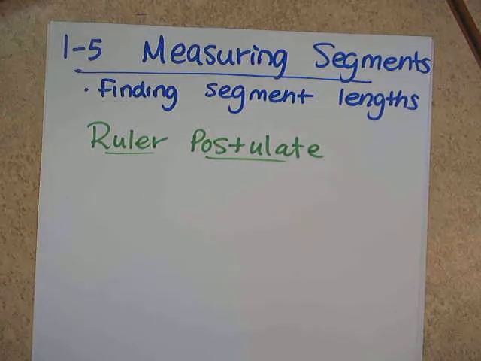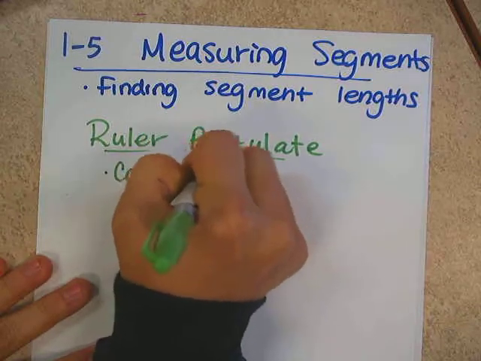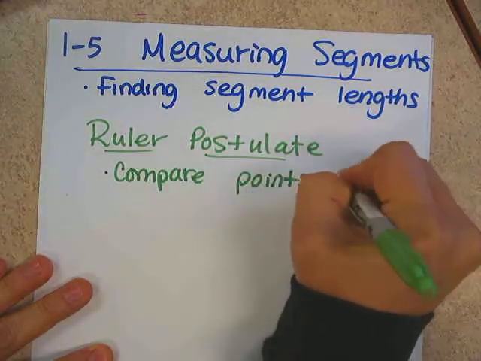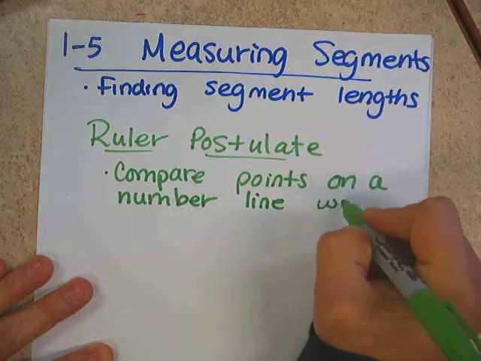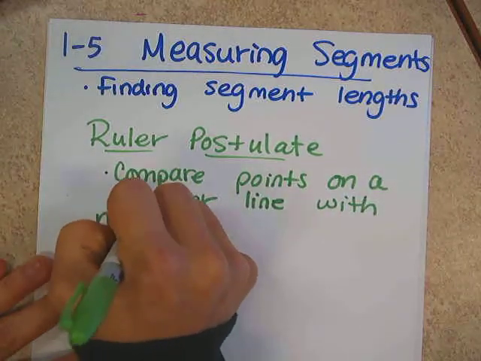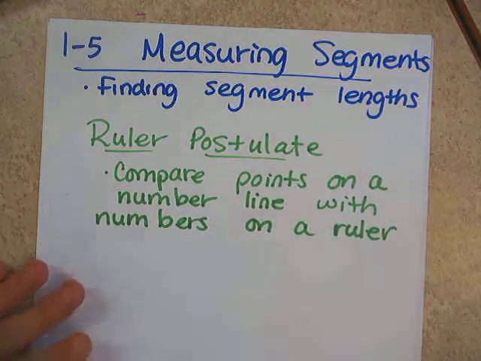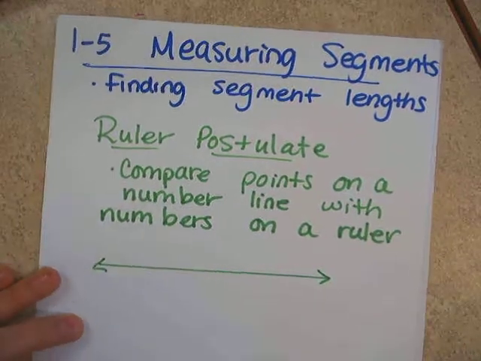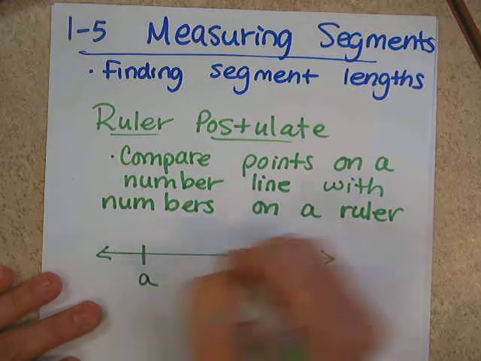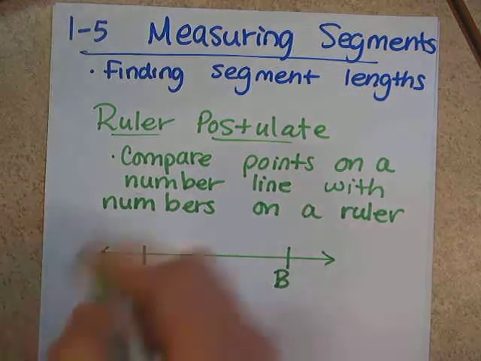It basically says the points on a number line can be put into one-to-one correspondence with those on a ruler. Okay, so what you would do is compare points on a number line with numbers on a ruler. So if this is our number line and we have A, well, let's make this capital, A and B